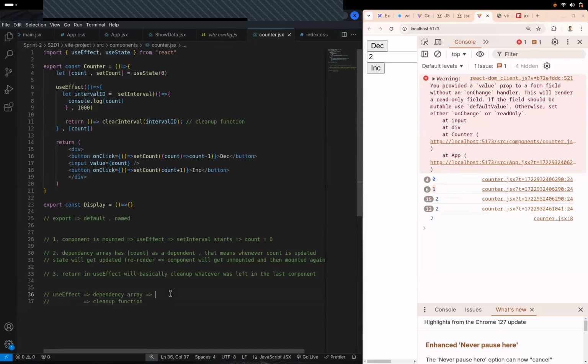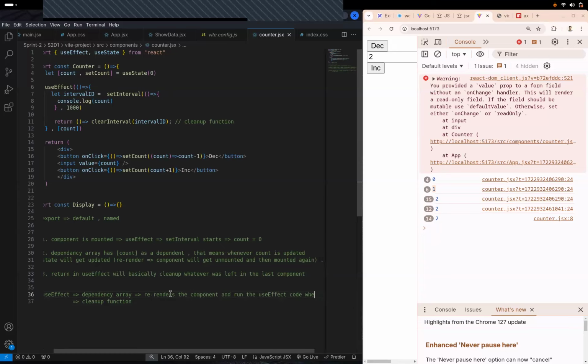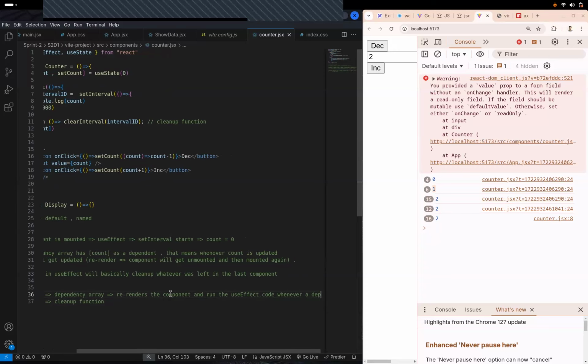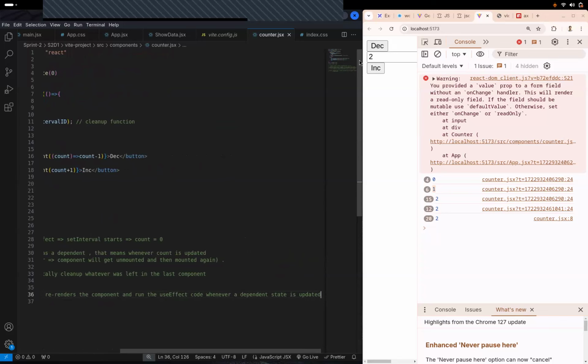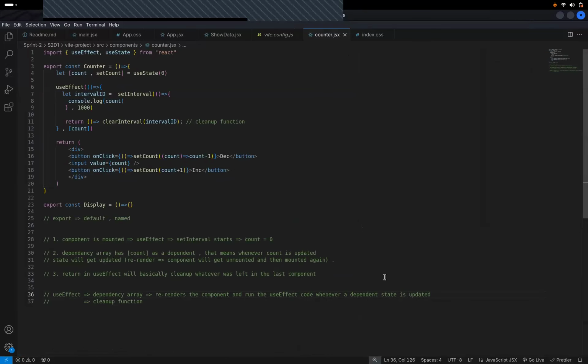Dependency array basically re-renders the component and runs the use effect code whenever a dependent state is updated. Is this statement true? Let me zoom it out a bit. Is this statement true? Everyone?